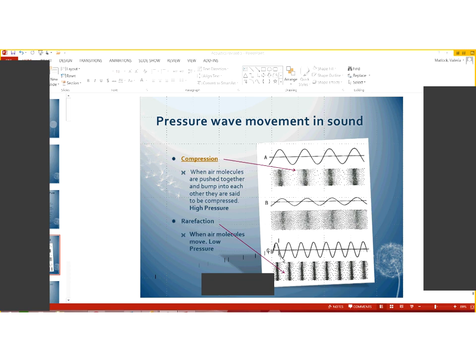We can physically measure that and determine what the frequency of the sound is. We can determine how much pressure was applied with regard to intensity. And we can physically do that with equipment or